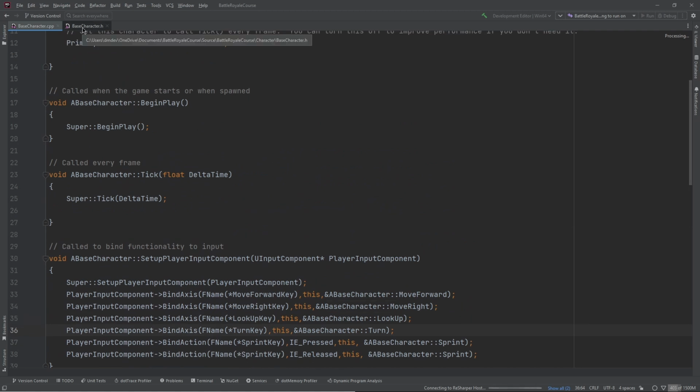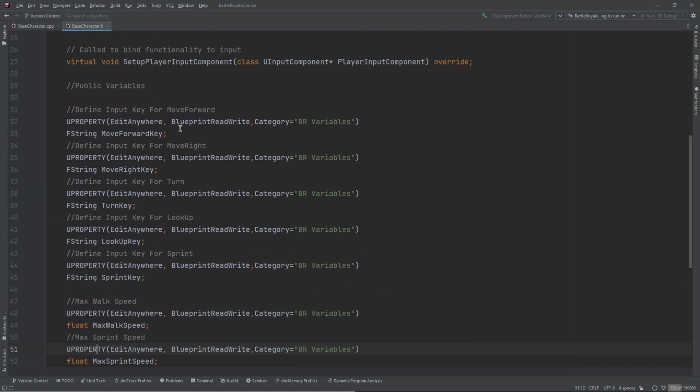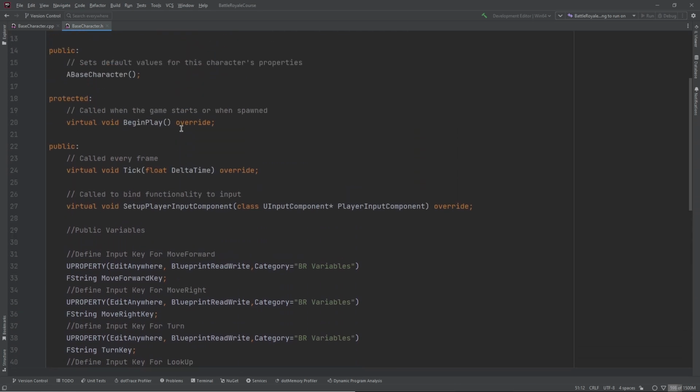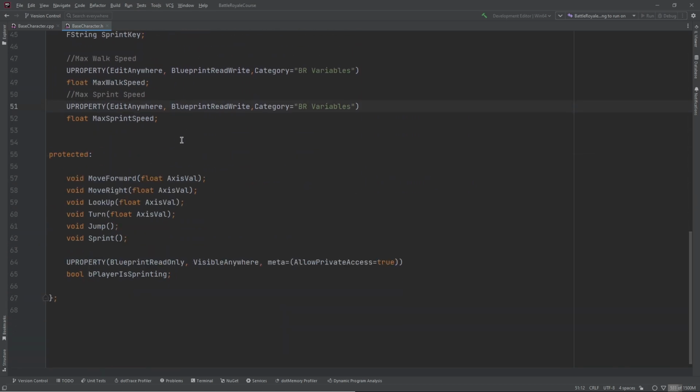Now let's go to BaseCharacter.h and we will set up a spring arm and also a camera component. So we can do that in the protected section and we need to make it visible anywhere. And we can even do that in a public section. So let's make it in UPROPERTY, visible anywhere,